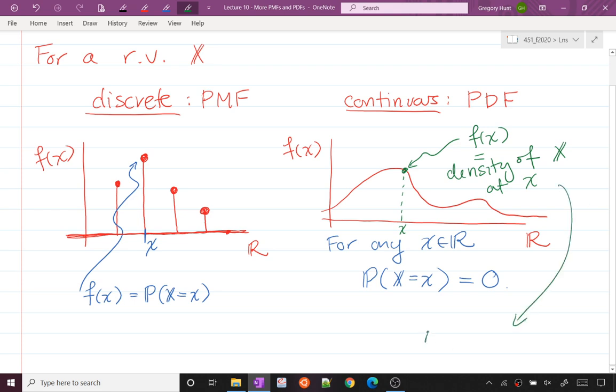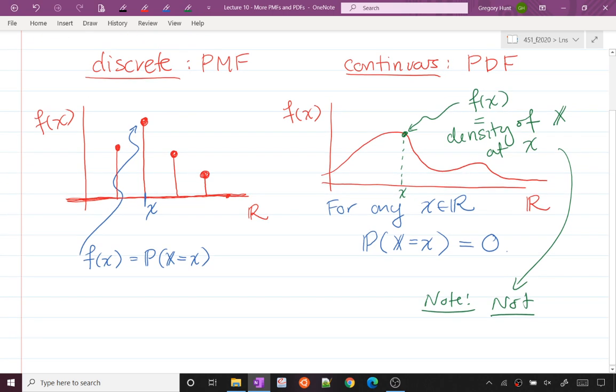We should note here that my PDF does not describe the probability that my random variable ends up there. The reason is that the probability that my random variable ends up exactly at any individual point, in the continuous case, is always 0. So it is not describing the probability of ending up at each point. It is describing the density. But in many ways, that density behaves as if it were this probability. So in many cases, it's a distinction without